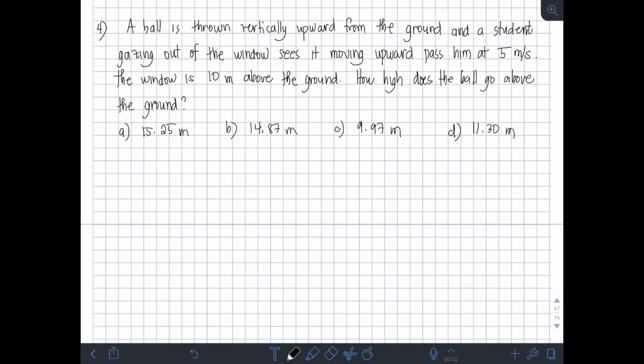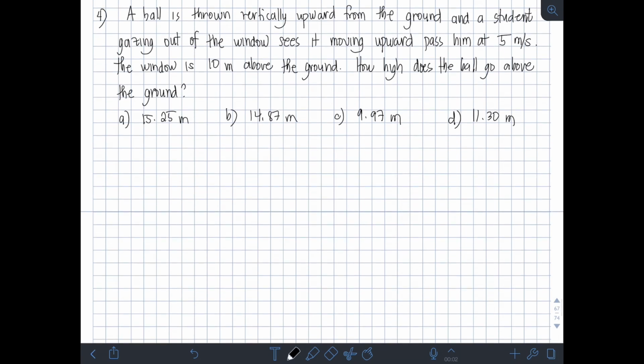Okay, so free fall. So, draw natin para ma-visualize natin. So, let's say ito yung ground. So, from this ground daw, tinrow natin vertically upward yung ball. So, let's say pataas, right? Tapos, a student gazing out of the window. So, let's say, meron tayong bahay dito or building, tapos may window dito, may bata. So, nakita niya na nag-pass through dito yung ball sa kanya